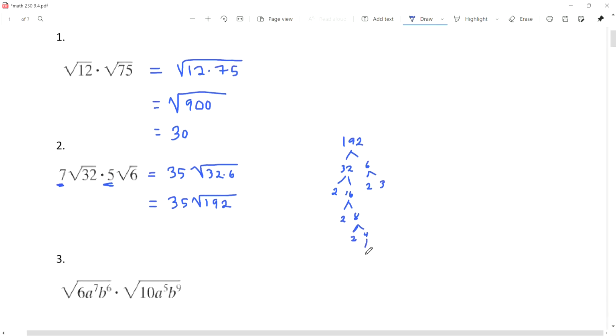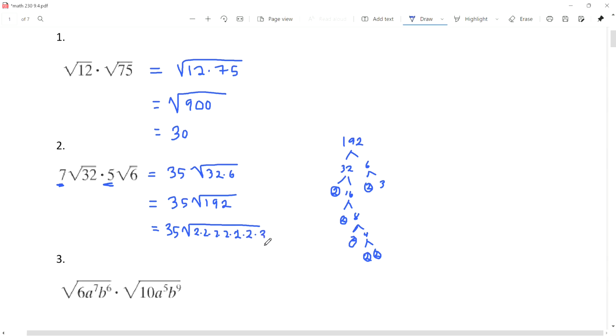And 4 is 2 times 2. So we could rewrite this as 35 times the square root of, let's see how many 2's we have. We have 1, 2, 3, 4, 5, 6 2's,